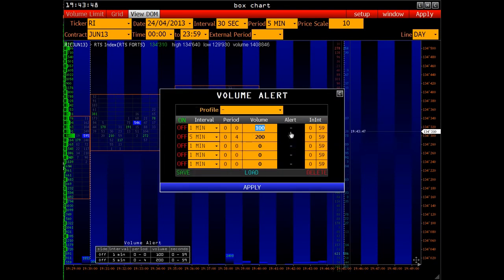Volume alert. How does this function work? You can see that the setting is very similar to the volume fixing secondly. Here you can use the same principle, to search the entire volume for the whole period or for a specific period of time. Thus, if within 5 minutes, let's choose the period from 0 till the 4th minute, in order to catch the given alert,